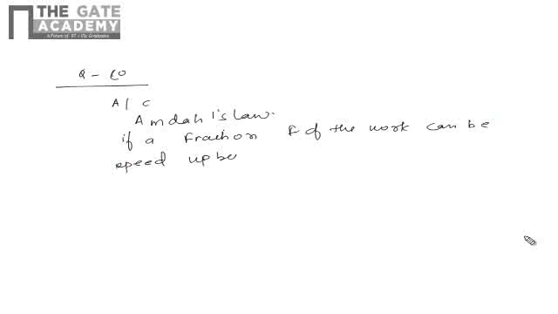Now, suppose the instruction usually takes 250 nanoseconds to execute when C equals 1, but only 150 nanoseconds when C equals 3. So, approximately how much of the work is parallelizable? Okay, so this is based on Amdahl's law. What this law states is, if a fraction f of the work can be sped up by a factor